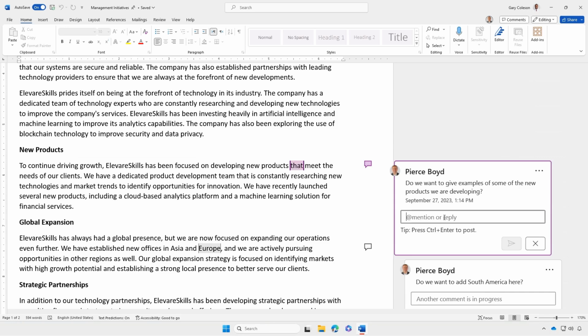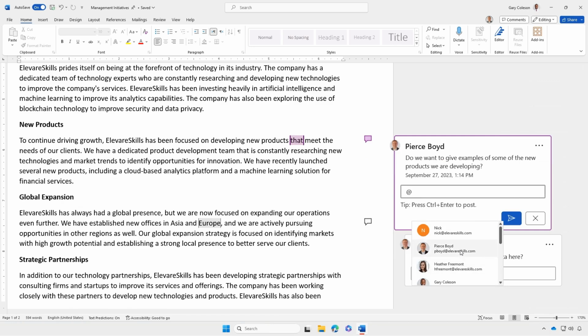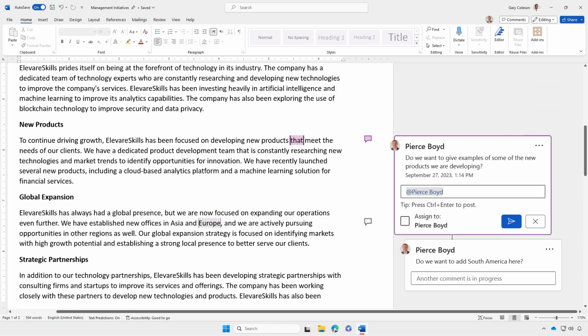Let me show you. We're going to start with @, and now we get a list of all of the people. And if all of these people in our organization were shared in this document, they would get a notification that they were mentioned. Now we're going to choose Pierce, and we're going to say